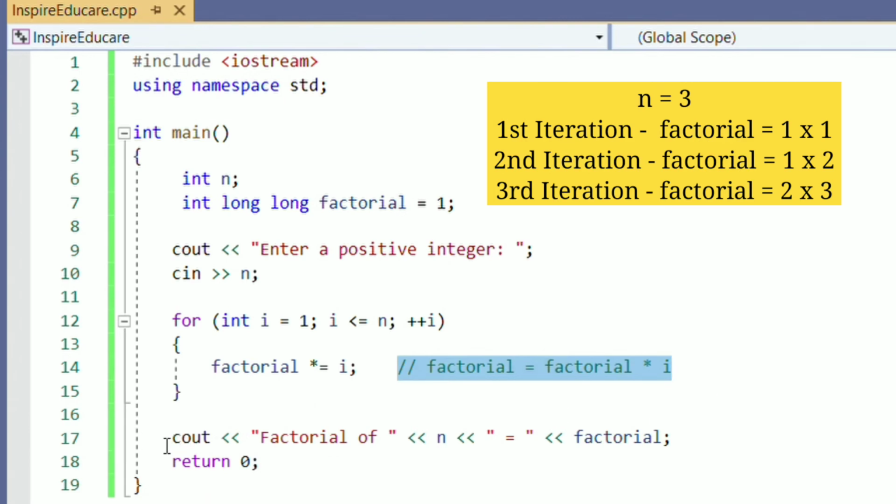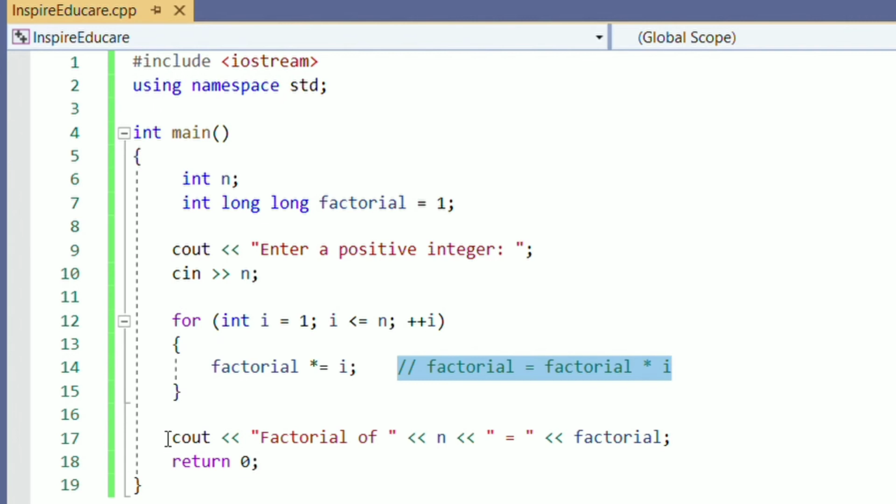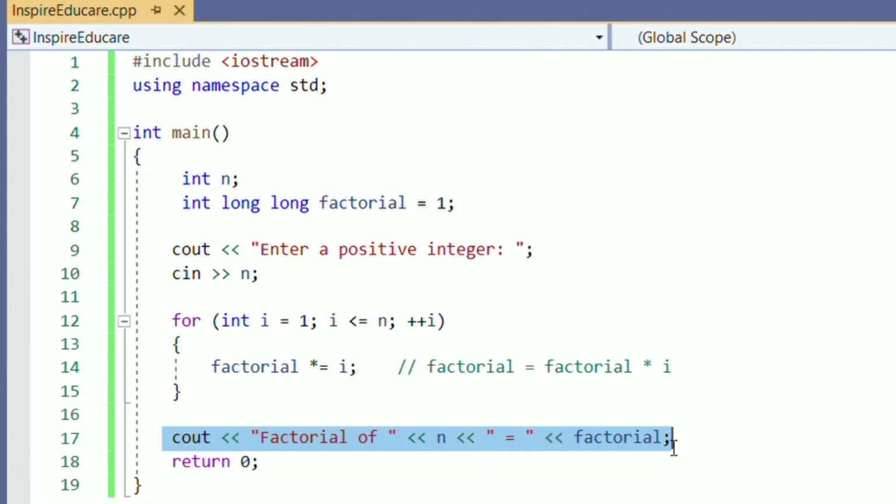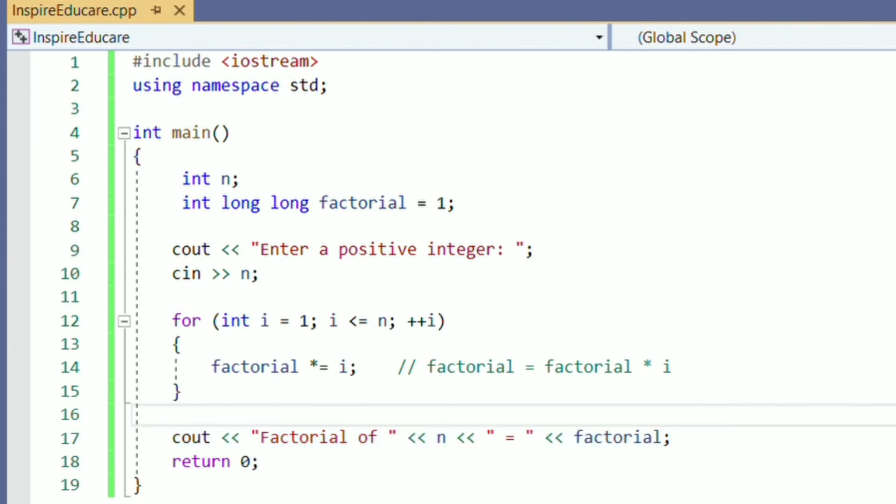And value of factorial will be 6. So 6 will be printed in the output. So that was just an example I discussed for telling you how the loop actually works. Then in next line, we will print a message factorial of, then value of n, then equals to, and at last whatever the value of factorial will be calculated will be printed.